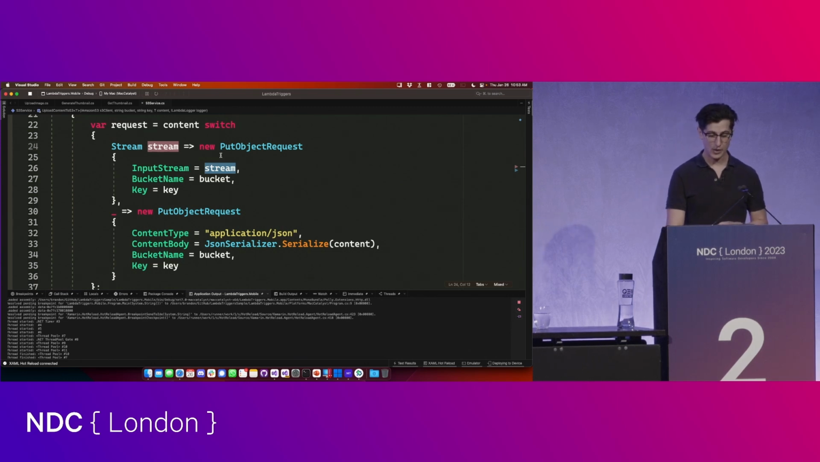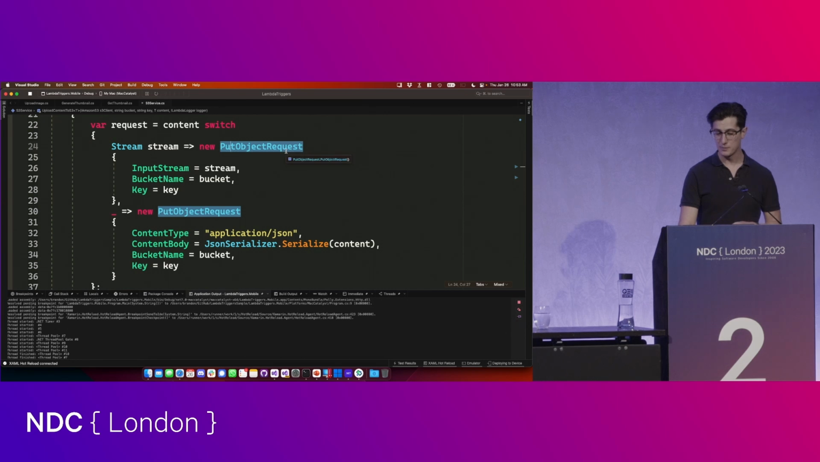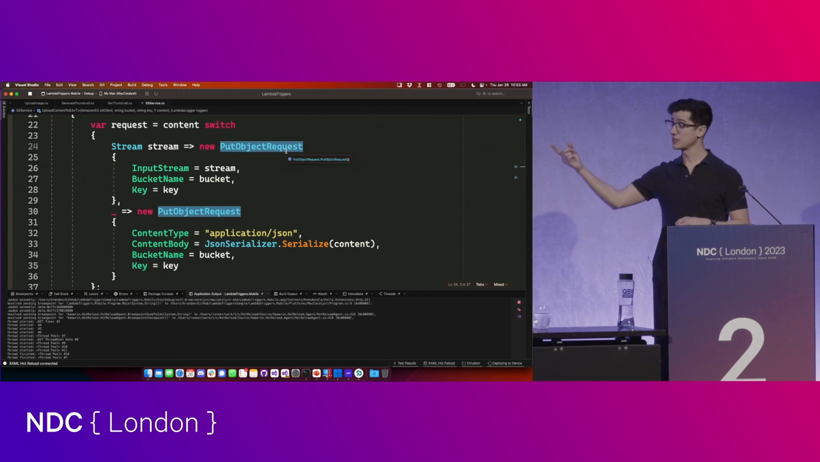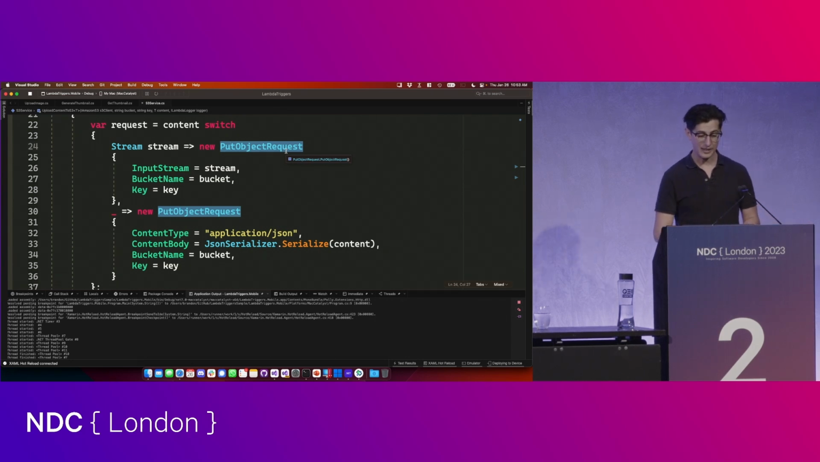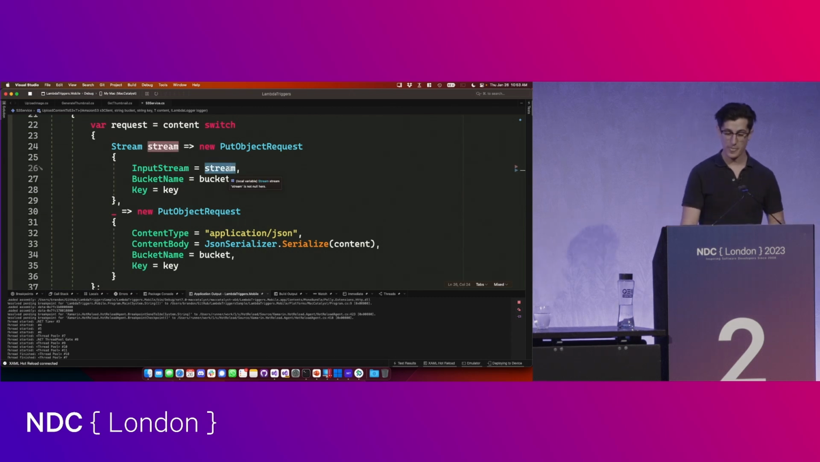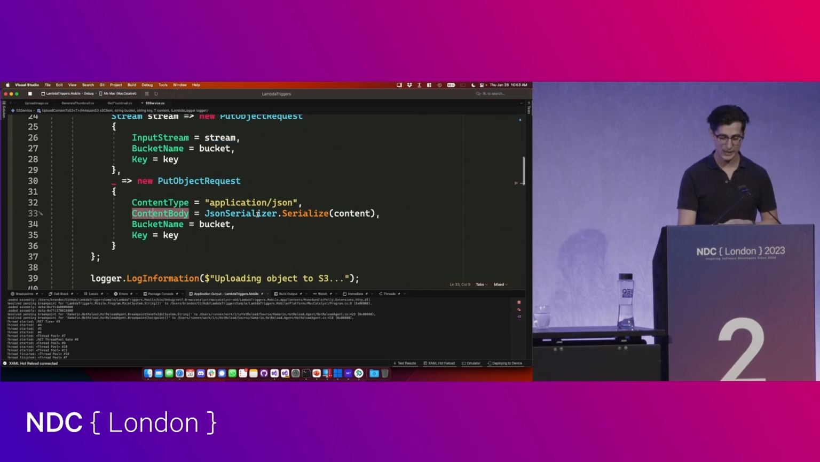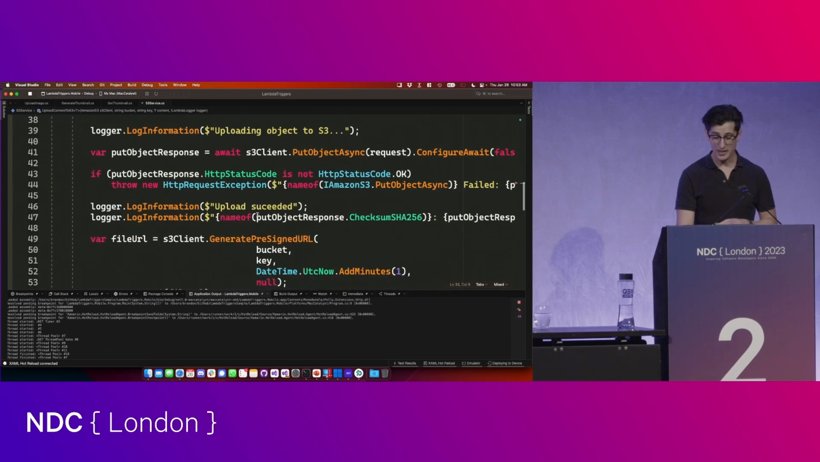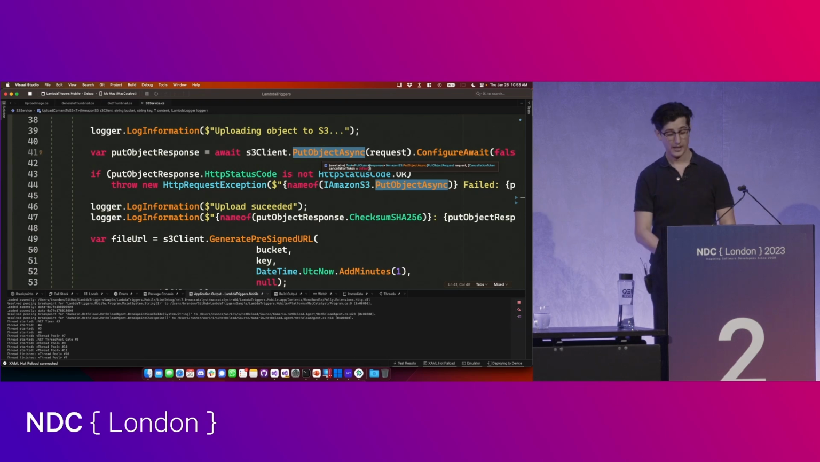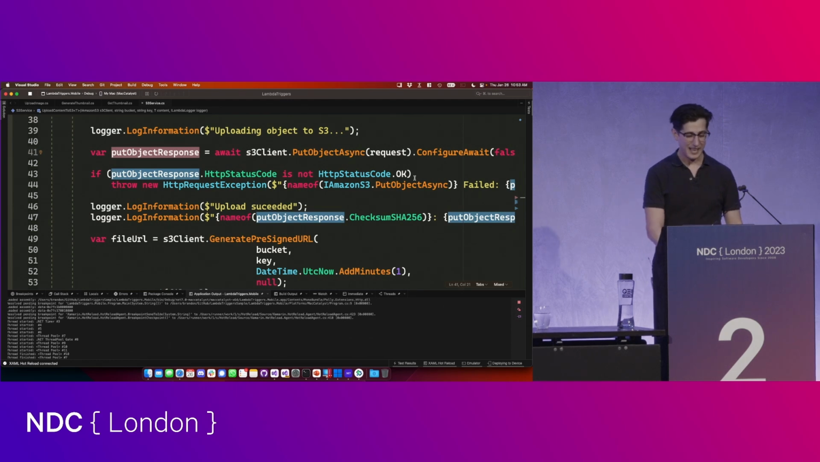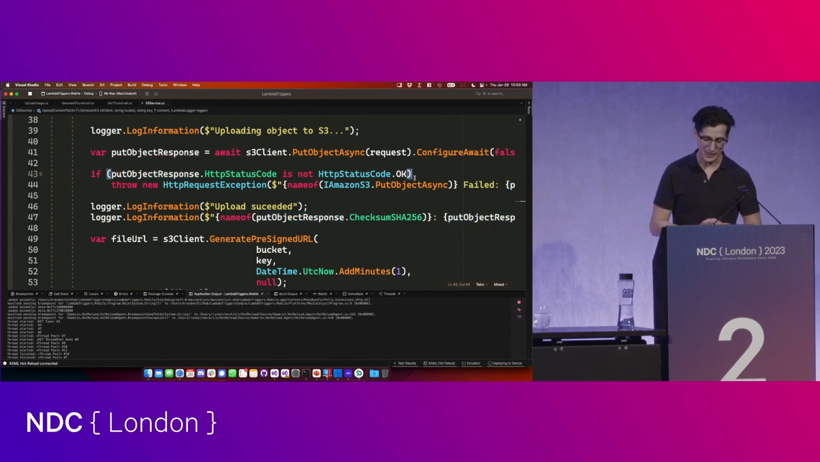And if that's the case, we're creating a put object request. This put object request also is given to us for free thanks to the AWS S3 SDK. And so if we have a stream, we add that content as an input stream. But if it's anything else, we can just serialize that and put it in the content body of our object request. And then really all we have to do is say S3 client.PutObjectAsync. So once we do that, we get a response back that lets us know, hopefully, that everything worked out okay,